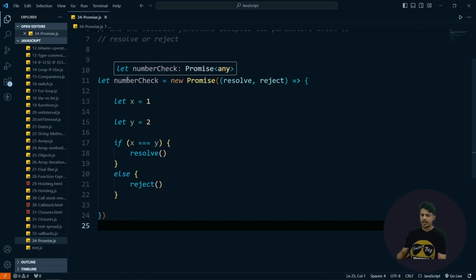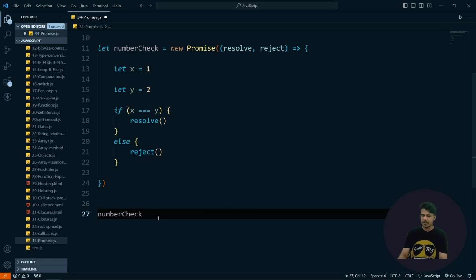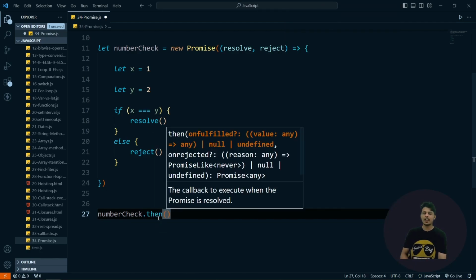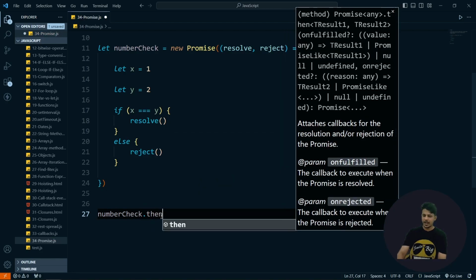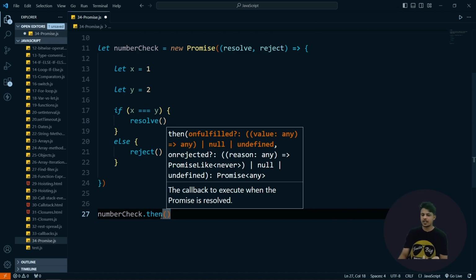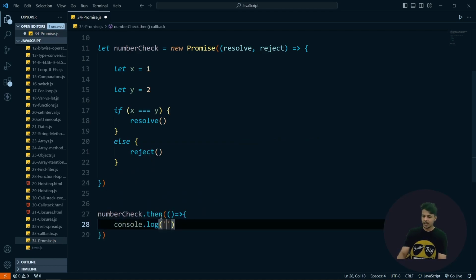Okay, now we have to check what exactly is going on. So I'll write the promise name here, and then a dot then block. As we discussed, we have to see if it is resolved or not, and we are going to check that inside the then block. What you have to write is just the promise name and no function braces. It's not a function, it's a promise, so that's why you have to use the dot then block. Inside the then block we can catch whether it is resolving or not. Then it will accept a callback function, so you have to provide a callback function, and here I'll say yes, the promise is